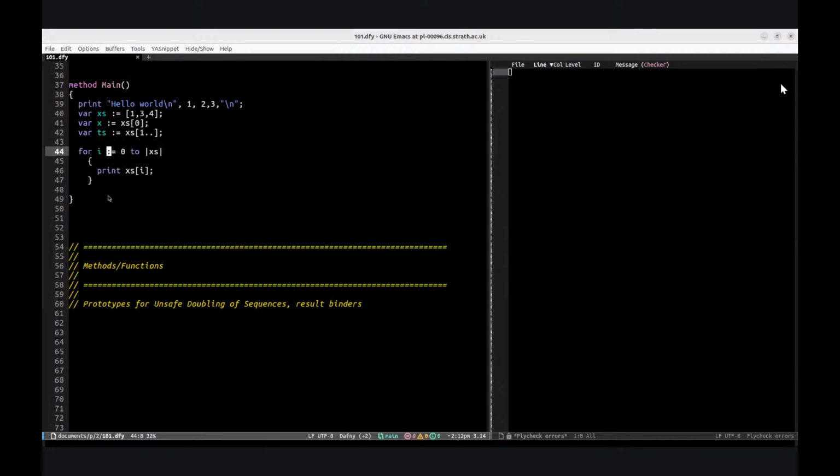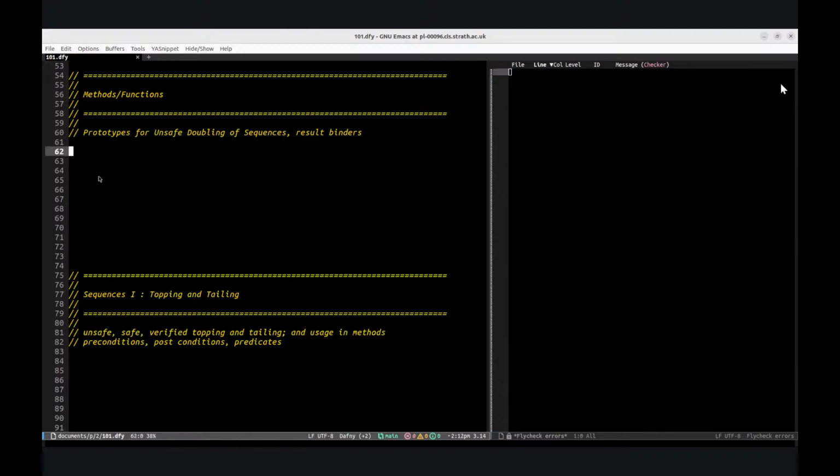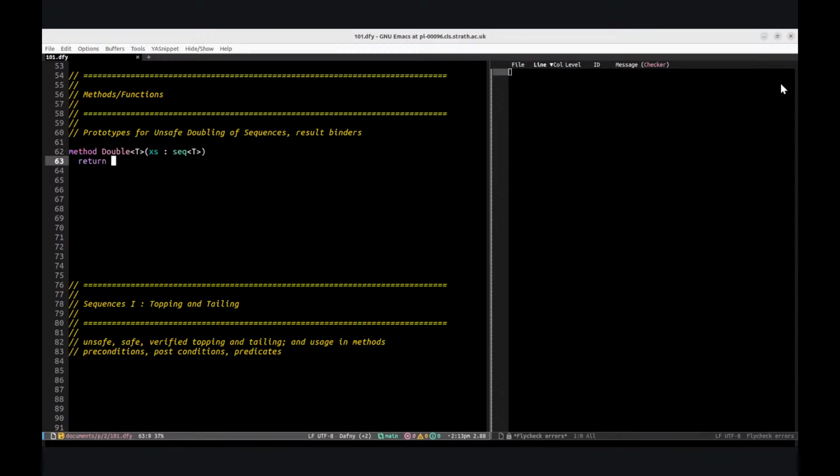So let's move on. One thing I want to talk about is method prototypes. I want to show you a prototype for the unsafe doubling of sequences. So again, we have a method, and there's a key thing here that from the C# family, we capitalize our method names. Okay, I know some people squinted at that, but that's what happens. So xs, and we're calling them sequences, and it's T. If we want to make a function polymorphic, we actually have to introduce the type variable. You'll see this if you use languages like Python and their type hints. And this is where it gets a bit more weird, we have to say we returns